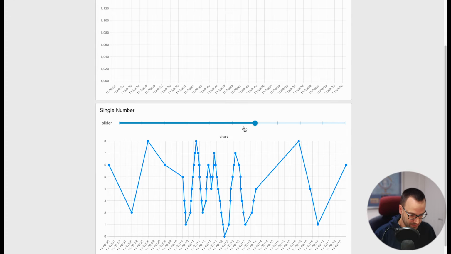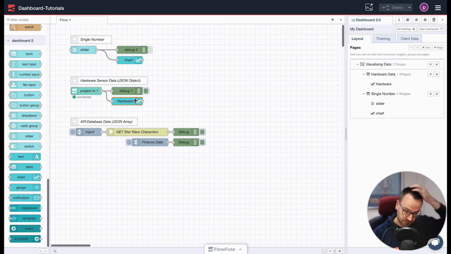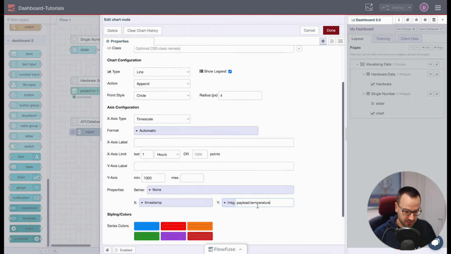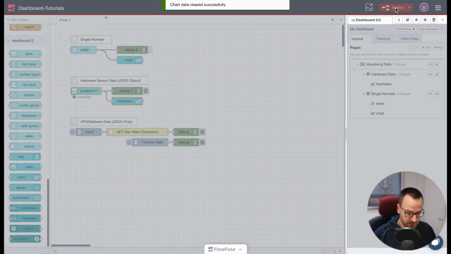So yeah, we've still got our slider, we've now got our hardware data, and the joy of the new method that we have here is actually that instead of CO2 concentration, if I want to render temperature, I don't have to go back through a function node as you did in the original dashboard. I just change that key. I can clear my chart history there, hit done, and so now every new message that comes in,